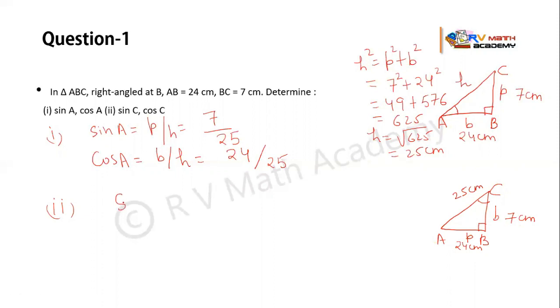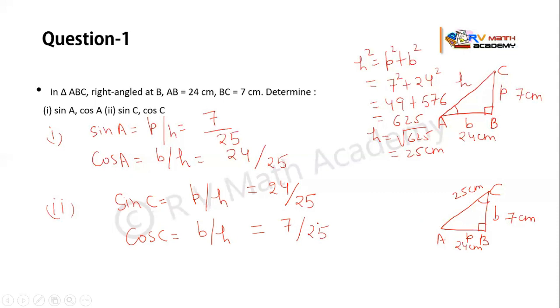So if I write sine C is equal to perpendicular upon hypotenuse, because the formula will remain same. The formula of sine is perpendicular upon hypotenuse. Now in this case, my perpendicular is AB, and the value of AB is 24. So I will write 24 here, and hypotenuse is same, that is AC. We can write H as 25. If I have to find the value of cos C, so we know that the cos is nothing but base upon hypotenuse. Now we can see here the base is 7 and the hypotenuse is 25. So in this manner, we will get the value of sine A, cos A, sine C, and cos C.